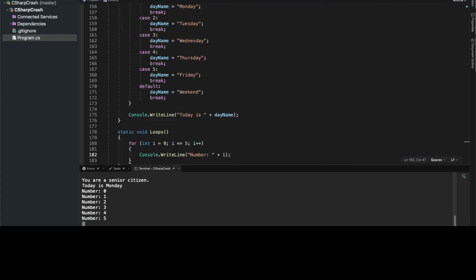it's taking a while. There we go. So we see that it's outputting 0 through 5. On each iteration of the loop, once it hits this for loop on line 180, it will initialize the variable to 0. It will check if 0 is less than or equal to 5. And then on the next iteration of the loop, after the Console.WriteLine is outputted, it will increase the counter to 1,